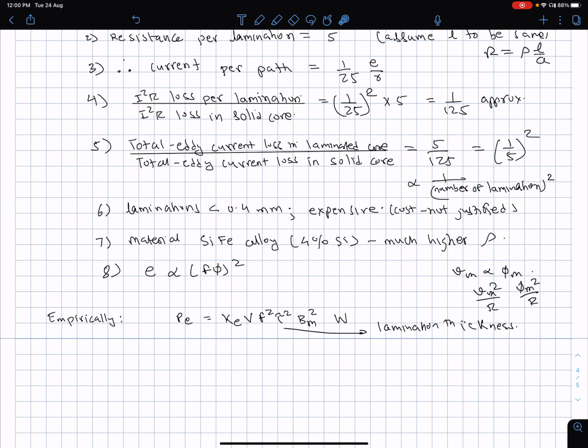Okay, I think we will close hysteresis loss and eddy current loss here. Later on, when I discuss equivalent circuits, I will show you that this can actually be modeled as a resistive element in parallel with the inductance which is associated with the magnetic material called iron. But that's a story for the future.